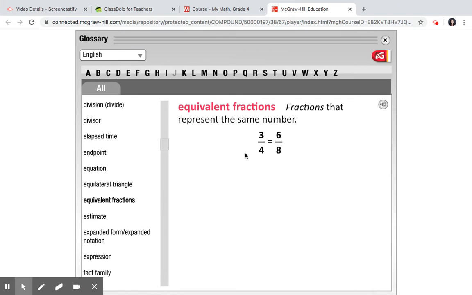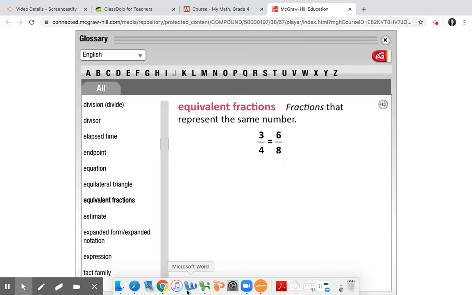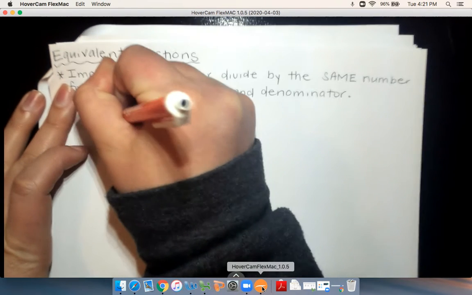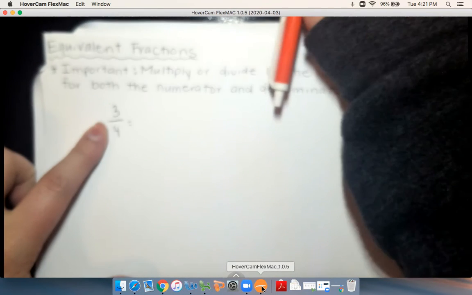Looking at our math book online, I pulled up the definitions that our math book uses for both equivalent fractions and simplest form. Our math book says equivalent fractions are fractions that represent the same number, meaning that in this example, 3/4 is equivalent to 6/8. We're going to talk about how they got this in just a second. So they have 3/4,